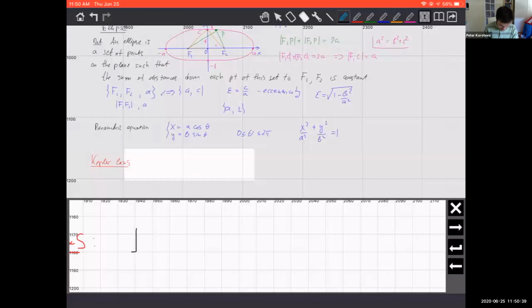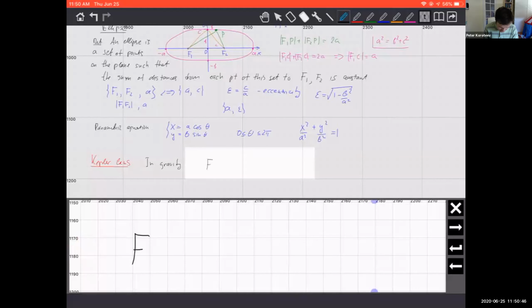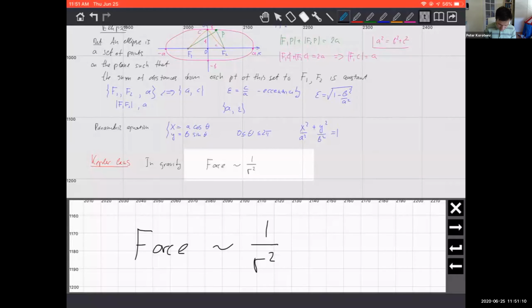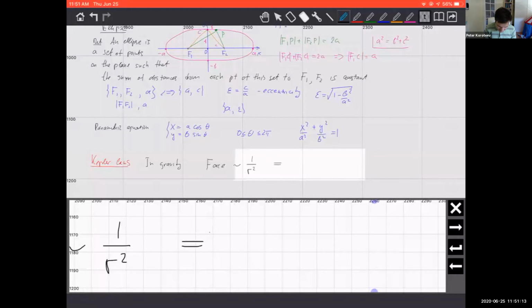In gravity, the force is inversely proportional to the square of the distance between two objects. For example, the sun attracts the Earth with a force inversely proportional to the square of the distance, and the same is true anywhere in the universe because the laws of physics are universal. And from this fact alone, by knowing what the force is and the laws of motion, you can derive that